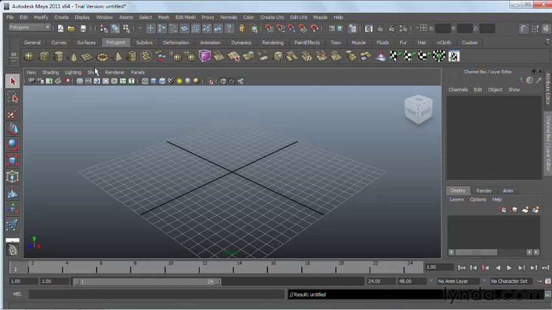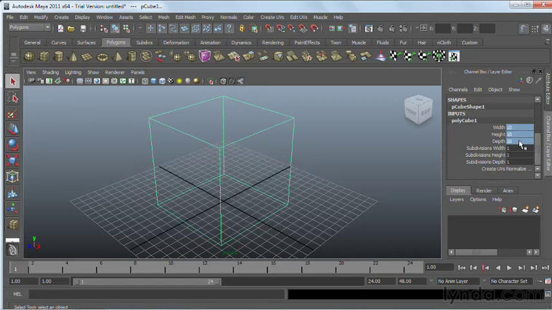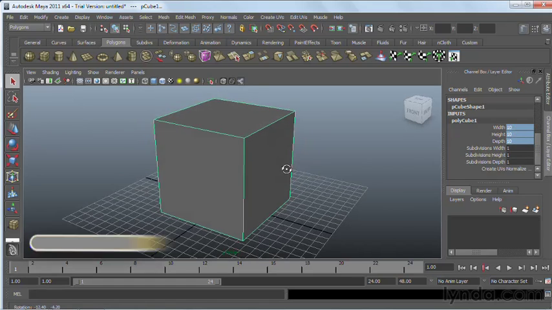I'm going to go ahead into a polygon. I'm going to create a polygonal cube. And I want to make it a very specific size. Let's go ahead and just make it 10 by 10 by 10. So I'm just going to highlight all those and type in the number 10, shade it, and let's go ahead